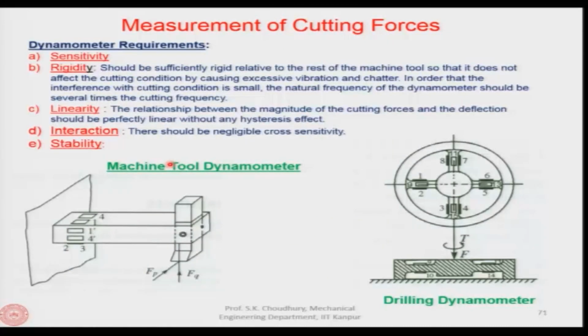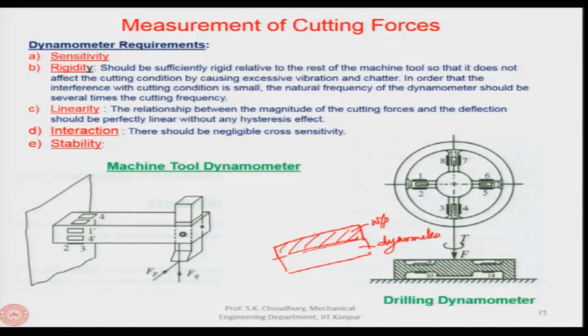By the way, I would like to clarify one thing. When this kind of dynamometer is used, let us say this is the dynamometer, placed below the workpiece, and this is the workpiece. This is the dynamometer,